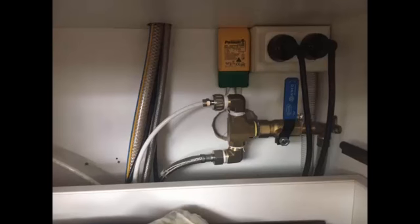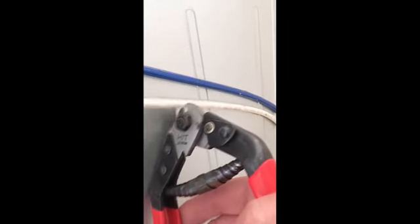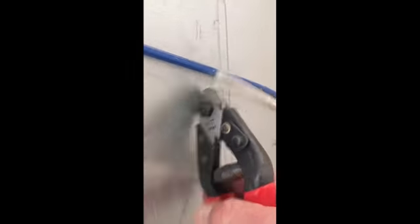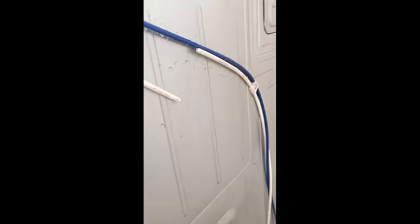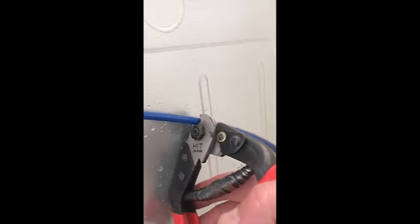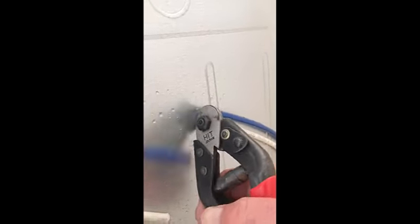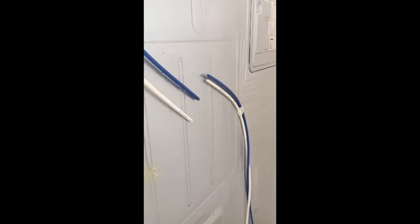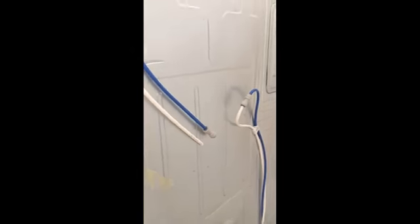And now it's a very simple operation. We're going to those two water pipes, going to cut both of them. As long as the water's switched off, you'll get a little bit of splash, not much. Now we cut the blue one, and we're going to connect those two with a connector. So here is the inlet and outlet connected with a connector,